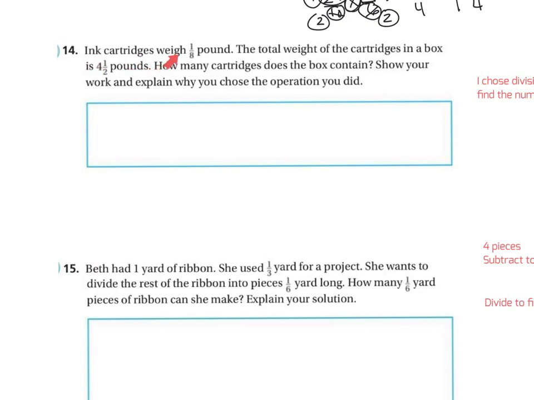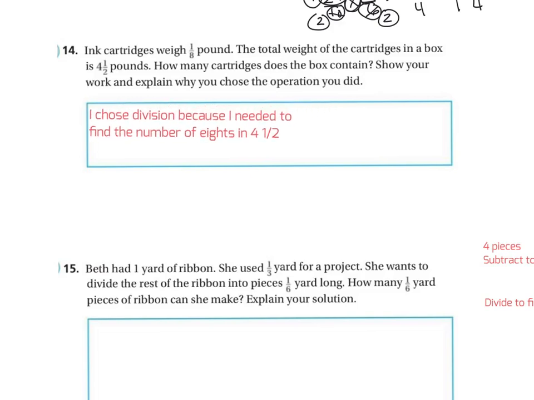Ink cartridges weigh 1/8 pound. The total weight of the cartridges in the box is 4.5 pounds. How many cartridges does the box contain? Show your work and explain why you chose the operation you did. Well, if each one weighs 1/8 pound and the whole box is 4 and 1/2 pounds, I'm going to choose to divide because I need to find the number of 1/8s in 4.5. So when I do that, I get